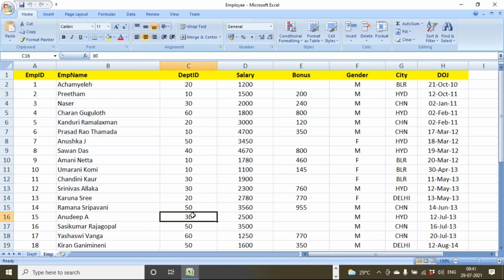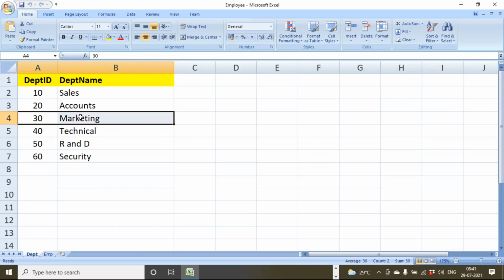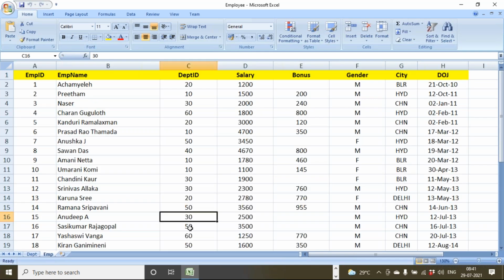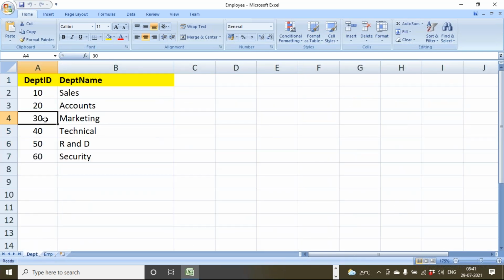Anudeep is working for 30. What is 30? 30 is this. Clear? I have 6 rows and I can bring this data and I can go and match. If I have 10 million data, I have to look for where is 30, checking the 30 million data, and for 30 is not so simple. Even though you're working with the computer and take this number and go here and search for this and